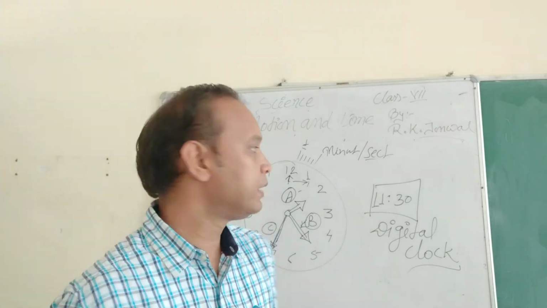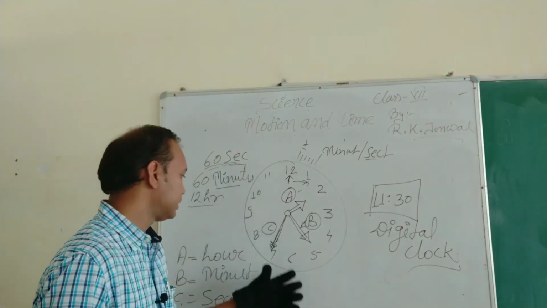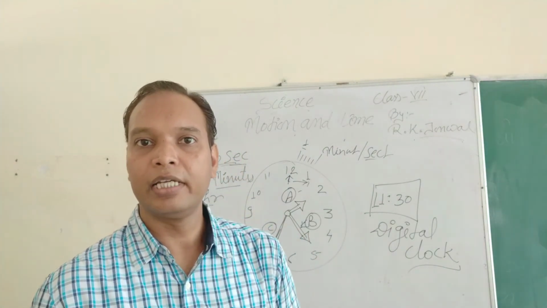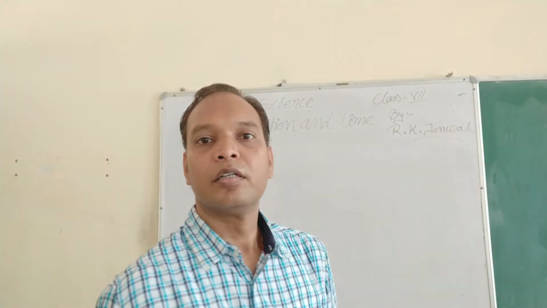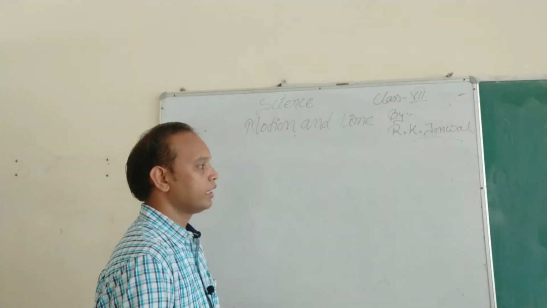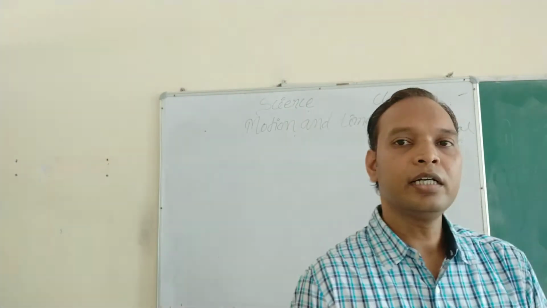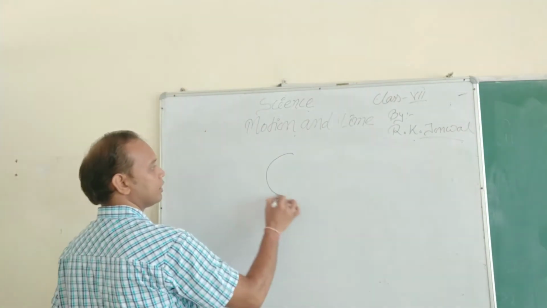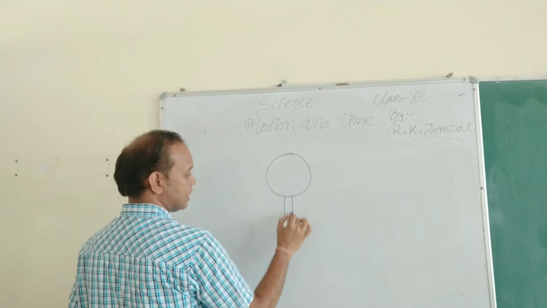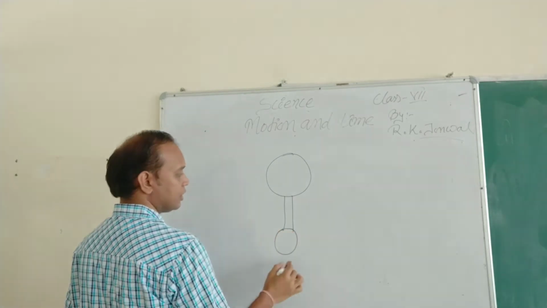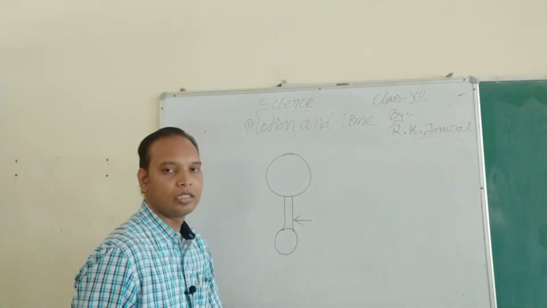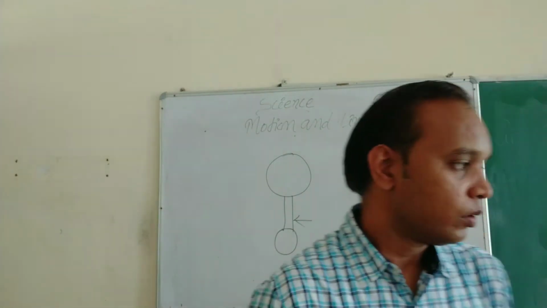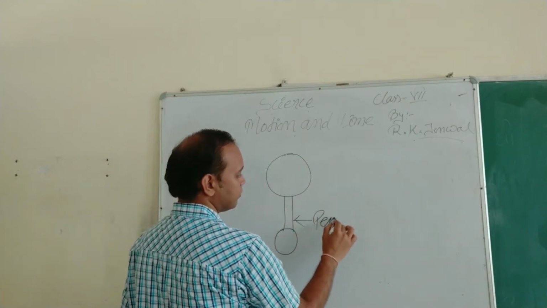So with the help of these three needles, with the help of this topic, we can easily find out the time in our clocks. One more topic we should cover here is the pendulum. In some clocks, you see here, that is a clock, and you can see a structure like that. That structure is called a pendulum, okay students. So that is the pendulum.